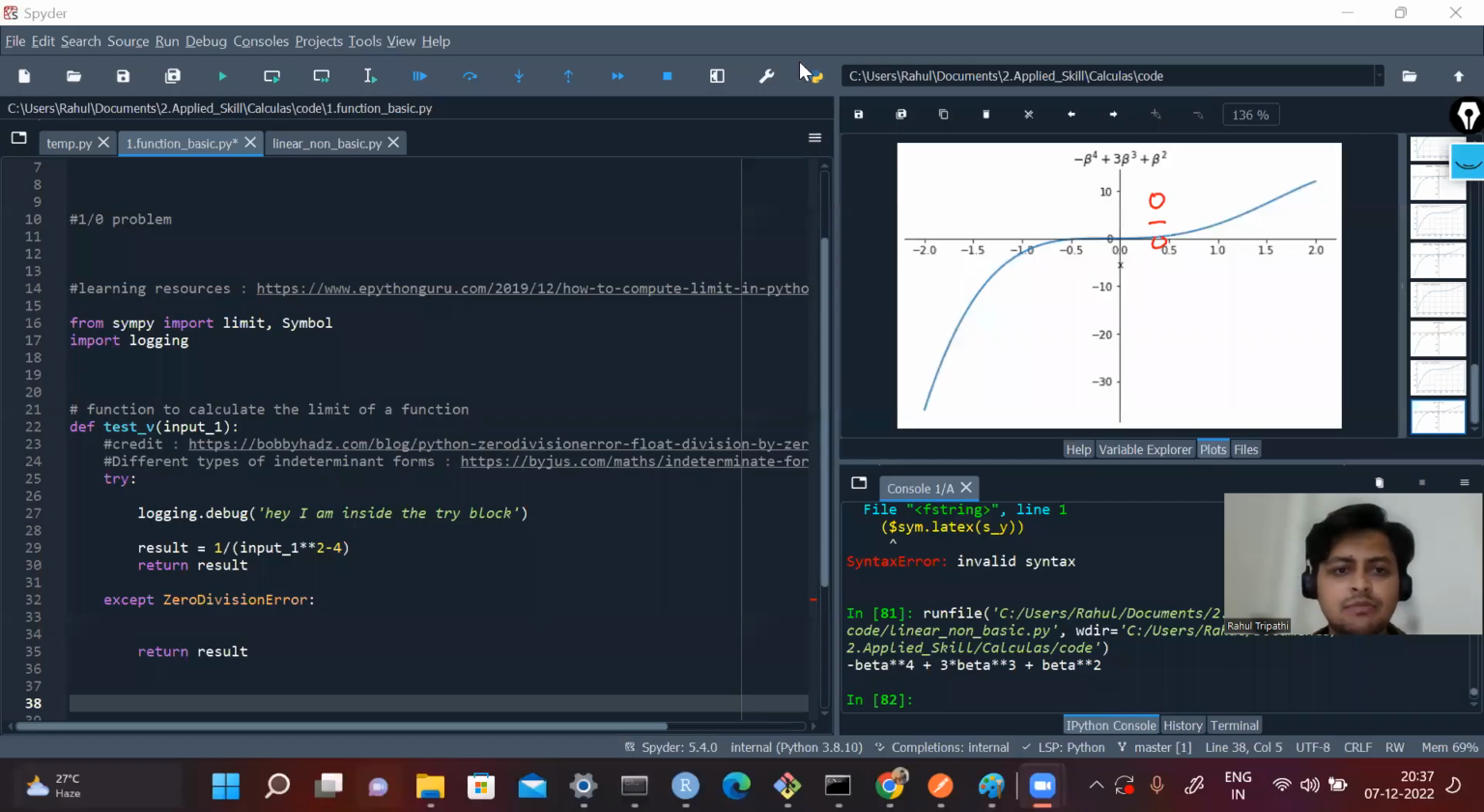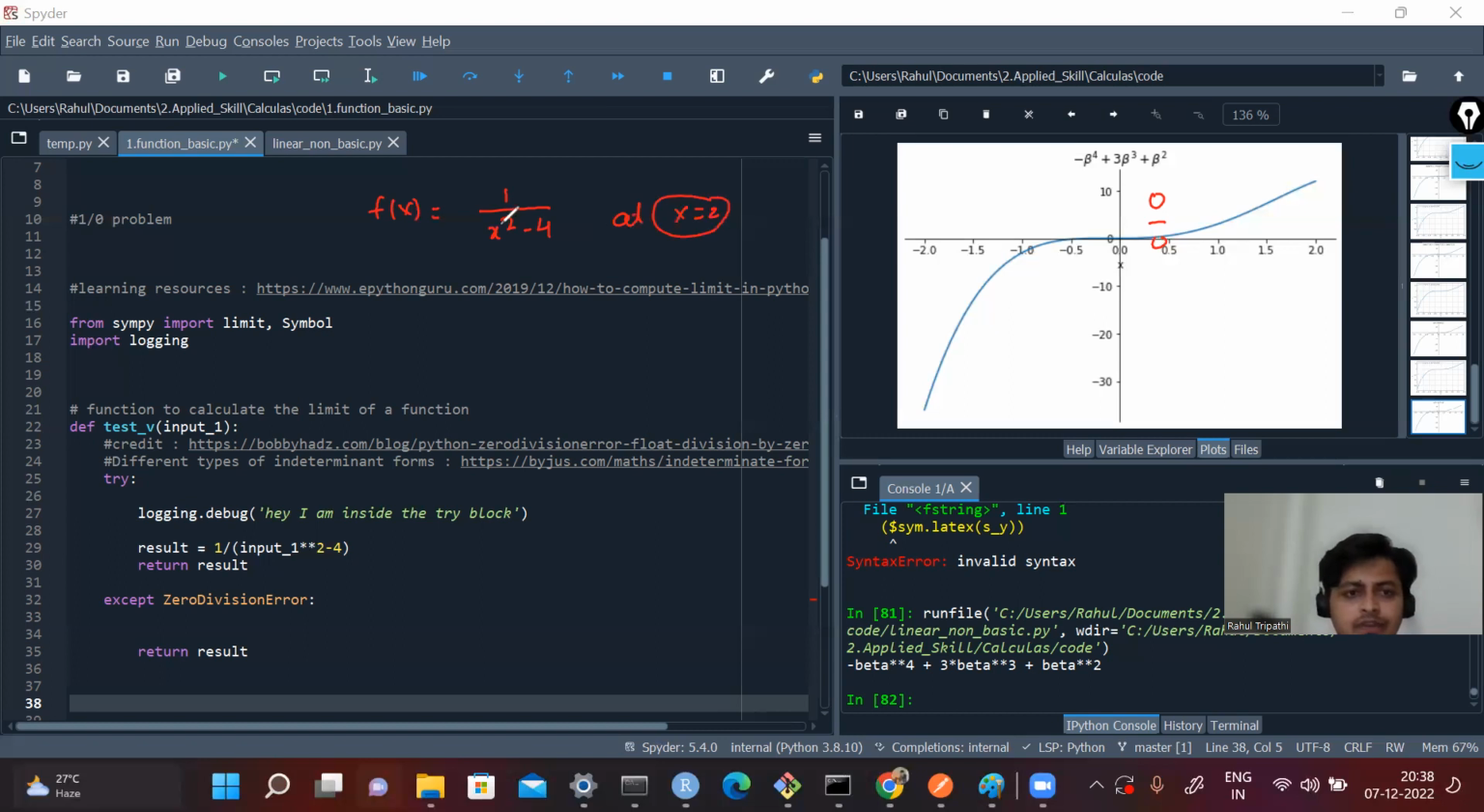So now it's time to implement the concept of limit. In the last session, we already implemented one function. Let's suppose we have a function f of x. Here I'm just writing x square minus 4. And now I will say, what will be the value of this function at x equal to